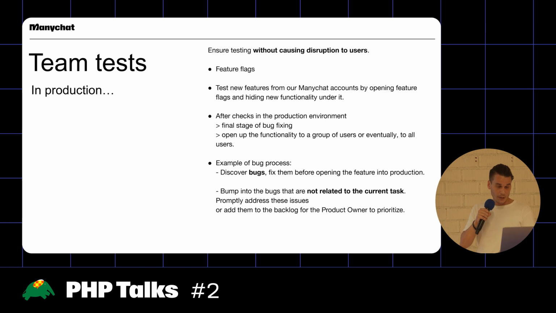our users in production. And after we have done the checks in the production environment based on this checklist, we can do some bug fixing. And after critical bugs have been fixed, we can open it to either a group of users or the entire user base. This is an example of how it may go. If we discover bugs, like I said, we fix them. But it might also be that we stumble upon bugs that are not related to our increment. Then we will make a judgment with the product owner to see if we can prioritize them within the backlog and where they belong in the planning.